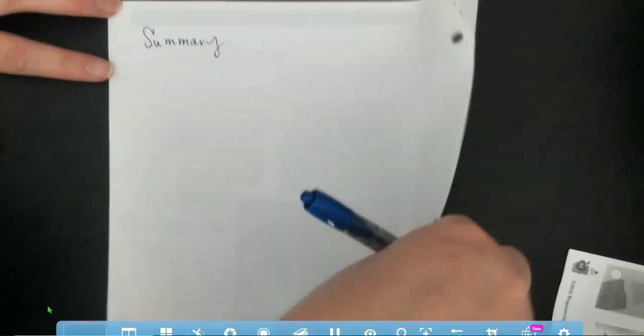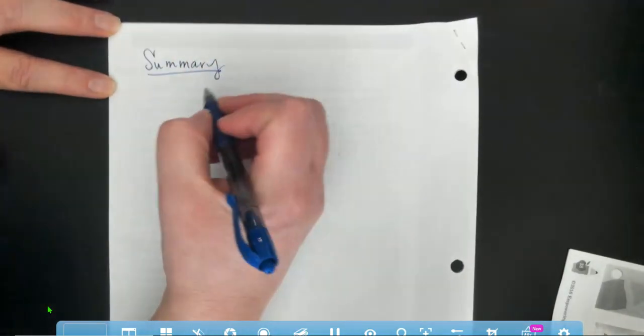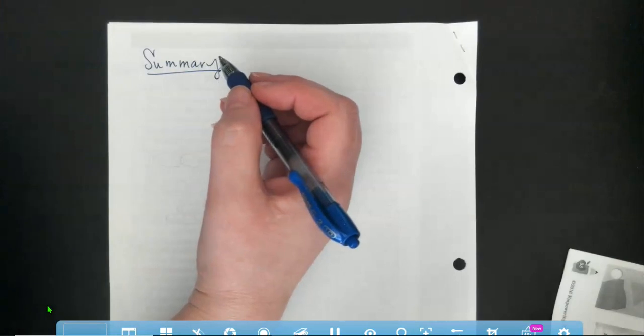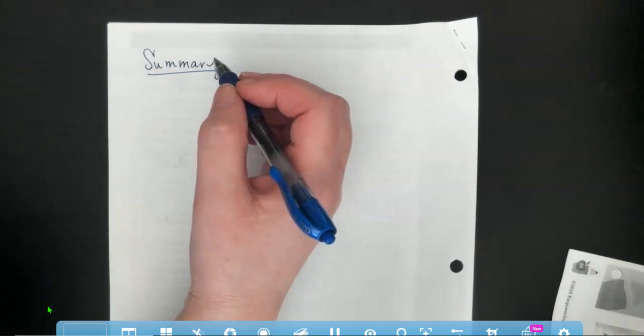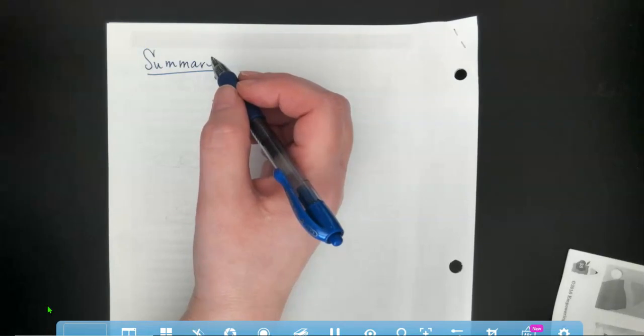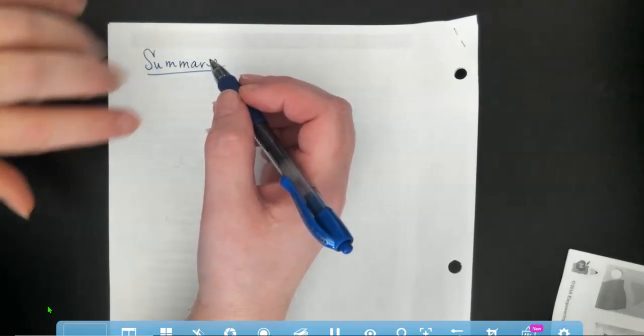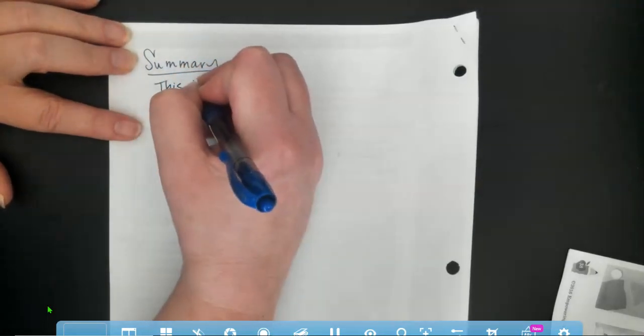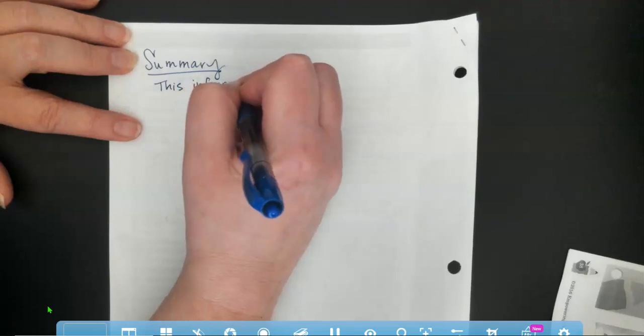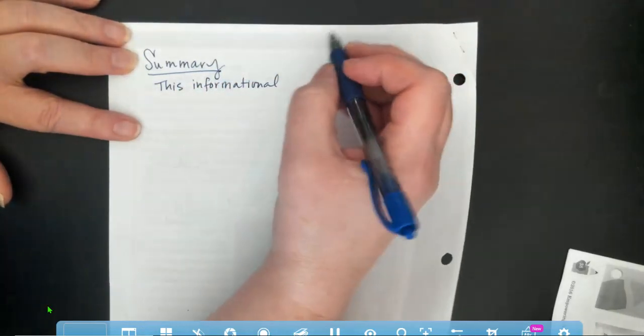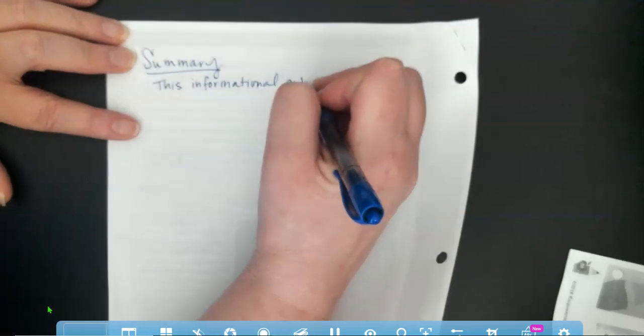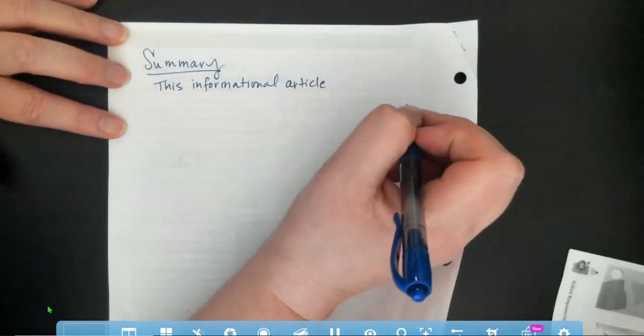Okay? All right. So let's make ourselves a quick summary paragraph. So, where are we getting this information? Yes, but where do we get our main ideas and even the topic? From what? The passage, right? What kind of a passage is it? Informational. And I hate the word passage, it just reminds me of the STAR test. So I'm going to use article. So this informational article